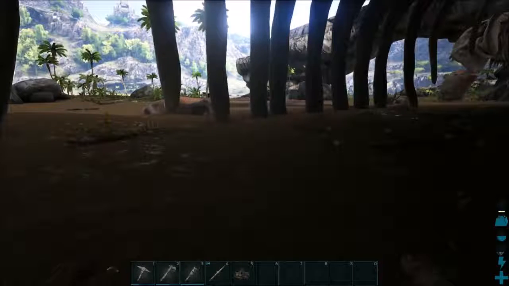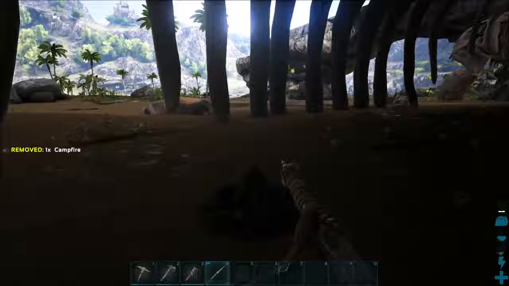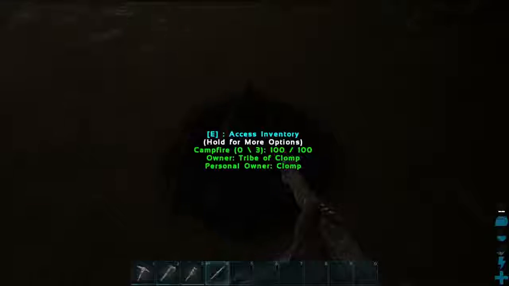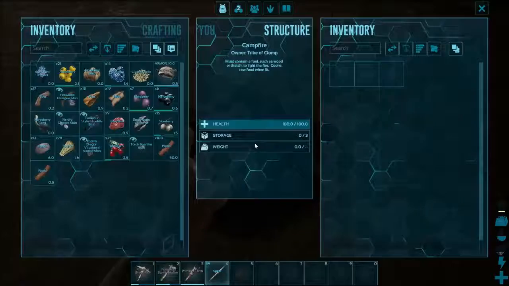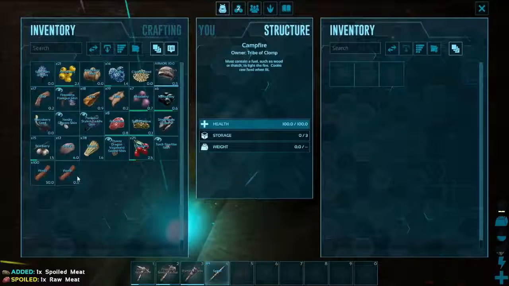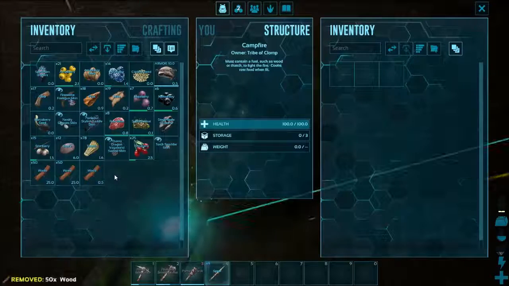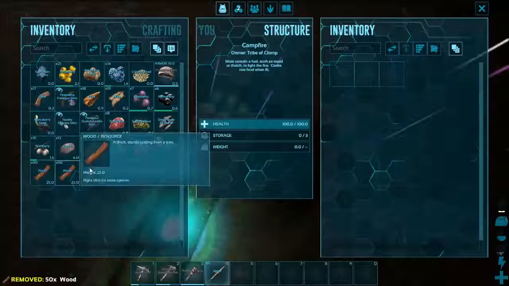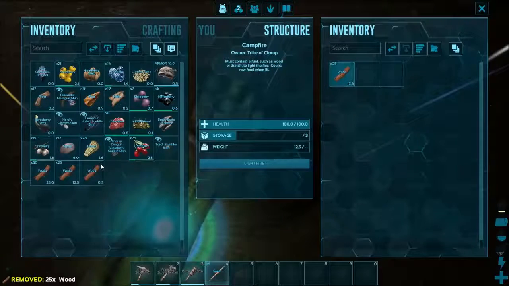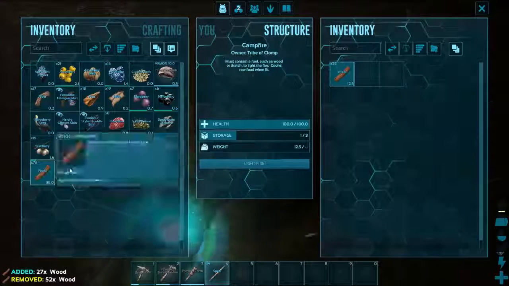I'm gonna, oops, push the wrong button there. I'm gonna pick it back up. Just left click to put it down. Then you go over it and you look at it, and it'll tell you E to access inventory. Once you get in here, you have to put fuel in this. So if you shift click, you can take half a stack. So wood is fuel, thatch is also fuel,